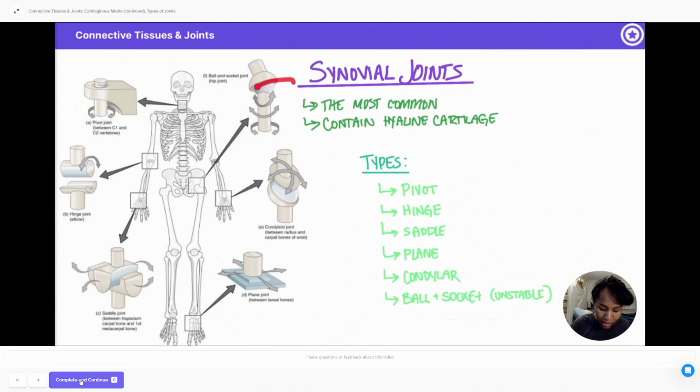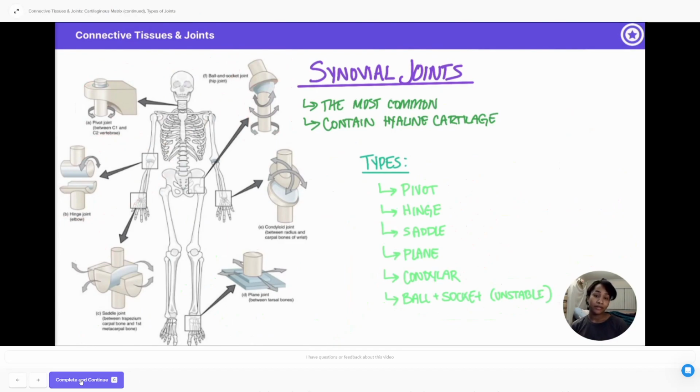The ball is being held in its portion of the socket by a complex network of tendons and ligaments, and so with extended movement of that joint, it's really easy to tear those supporting structures, and what that can lead to is dislocation. So the ball and socket joint is pretty easy to injure, even though it has the most capability of movement. And that's actually why baseball players tend to get injuries in their shoulder, because they are using their ball and socket joints way too much. And even though it has the highest range of movement, which is probably needed for a pitcher, it's also not a type of joint that's